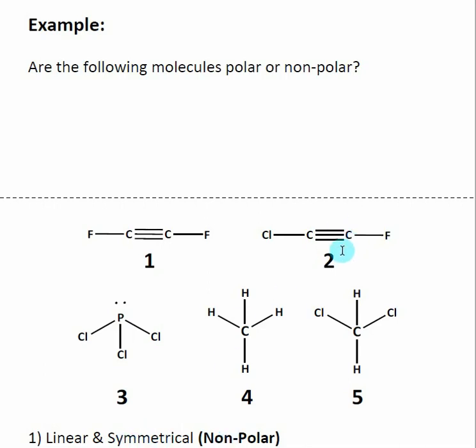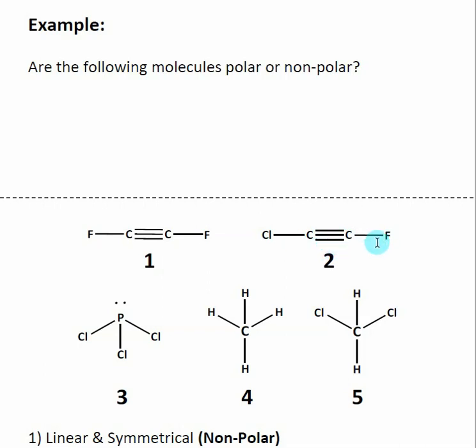When we look at molecule 2 over here, we see that it is not symmetrical. So it's still a linear geometry, but when I try to draw a line down the middle, I don't have the same thing on the left as I do on the right. And really what it's going to come down to is a chlorine pulling on one side and a fluorine pulling on the other. Remember, fluorine's the most electronegative element,